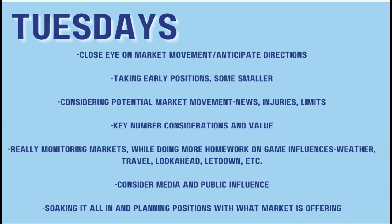If there's any jumps or anything standing out, trying to anticipate maybe where some of the moves might start to go. Taking some early positions and basically some smaller positions early, predominantly on major market games, especially if you anticipate the lines to change for some of the favorites or some of the totals. You may want to take an early position and then anticipate the movement. Of course, you're going to be prone to hedging those, or getting back out if you need to, if any